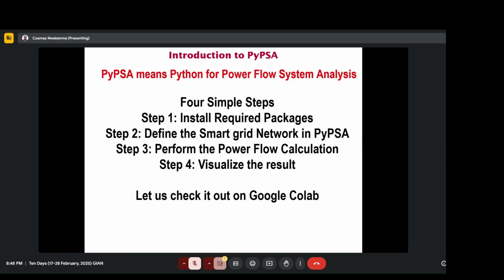Now, another simulation I want to do is PyPSA. PyPSA is also a Python tool for power flow system analysis. It's also some lines of code that allow you to install the required package, define a grid in a Python environment, perform power flow calculation, then visualize the result using your Google Colab. So I will